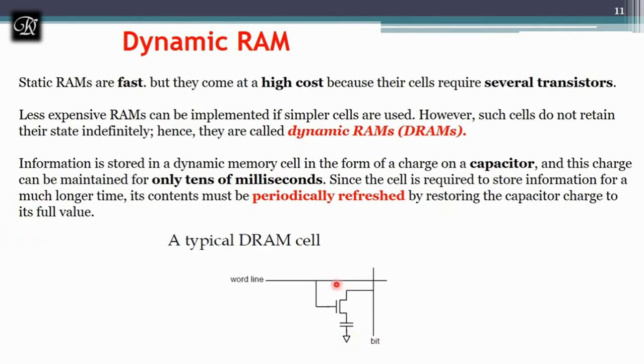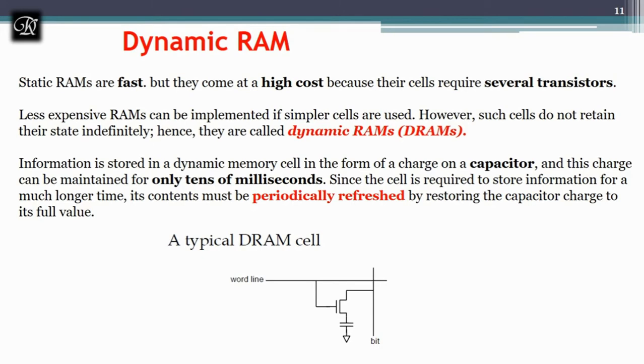We can notice over here that we have a transistor and a capacitor. If I want to store a value, I have to pass a word line signal, and the data will be stored on the capacitor. Here we are not using a latch to store the data; we use the capacitor. After the transistor is turned off, the capacitor begins to discharge. This is caused by the capacitor's leakage resistance, and by the fact that the transistor continues to conduct a tiny amount of current, measured in picoamperes, after it is turned off.